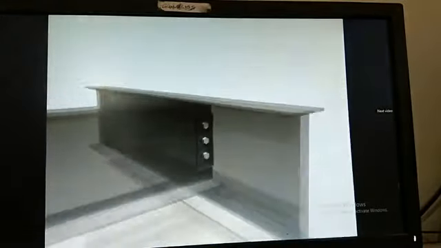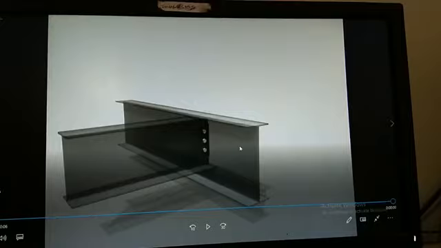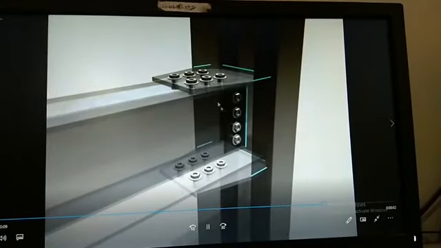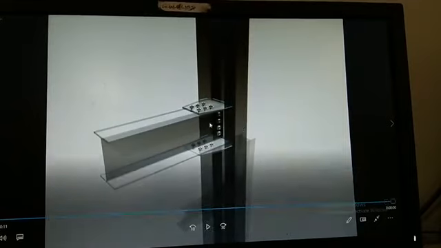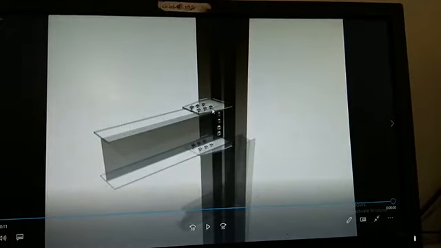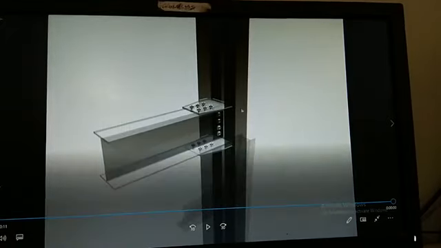So this is the other way of connecting. Instead of connecting straight away to the main web, you can connect to the minor beam web also. See, instead of angles, you can place a plate on top and bottom to connect beam to column. Earlier we saw angles, here plates. So this is a seat plate and the top one is just a supporting plate, not a connecting plate.